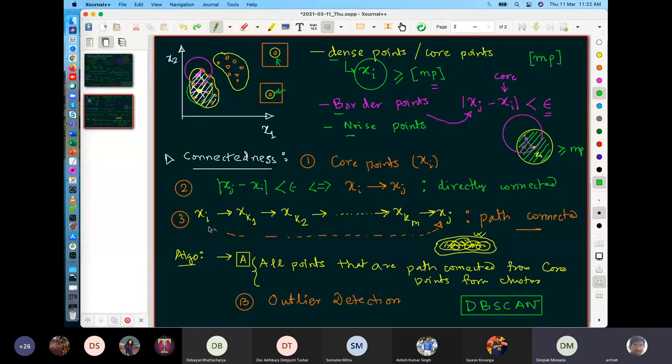Yes, see what we are doing. We are trying to find a distance and go to find a path, right? From every core point, you need to find a path. And now see, if it is a dense cluster, then this point is a core. This point is also a core, because if you draw another circle around it, this will also satisfy this formula of minimum points in the threshold. So there will be many core points, and for many core points, you need to find all these path connected components to find the boundaries of it. This is computationally very inefficient, and therefore it is primarily used in spatio-temporal data sets where the attribute space is